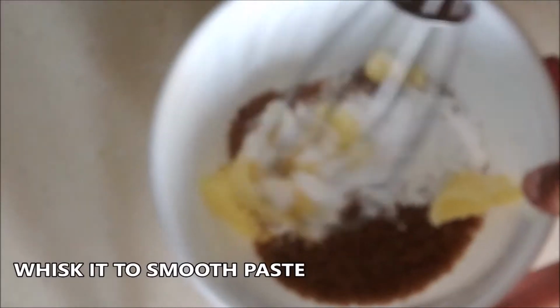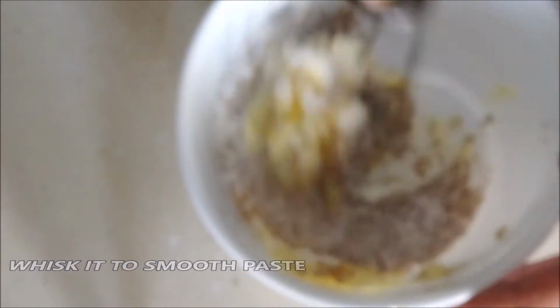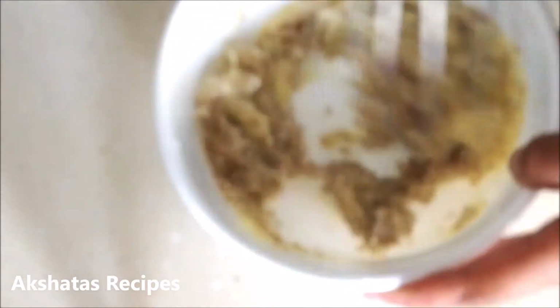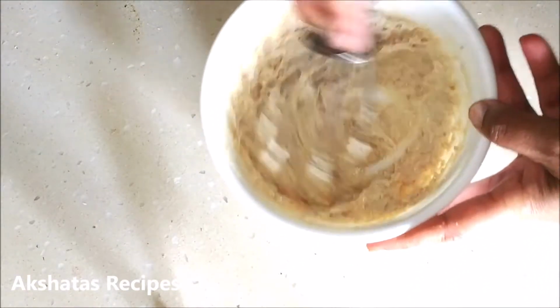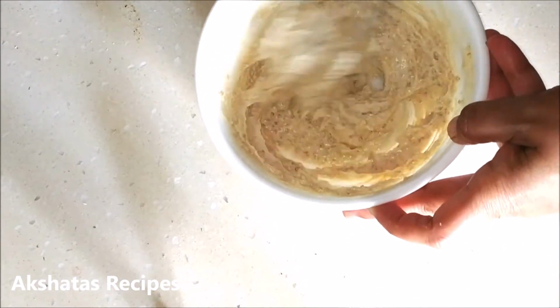You can also use an electric mixer or a hand mixer, but this is very key to this recipe, that both the sugars get well incorporated into the butter and become a very nice smooth paste. Now once that is done, that is once the 2 sugars have got well incorporated into the butter,